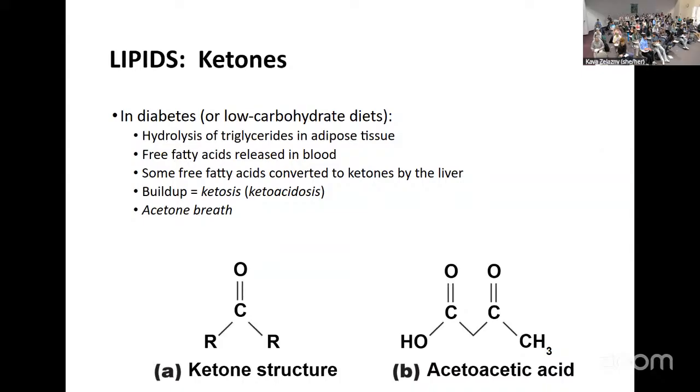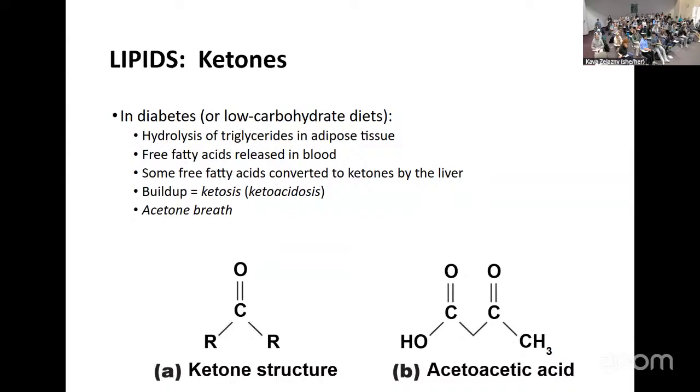Our next lipid, so that we can be completionists and actually name all the different types of lipids, are going to be our ketones. So ketones will come up and be important in diseases like diabetes, or if you're on the keto diet, a particularly low carb diet, you may be producing extra ketones as well. That's because the main way you end up with ketones in your body is through the hydrolysis of triglycerides in adipose tissue, aka the breakdown of fat, right? So if you're breaking down fat in a hydrolysis reaction, adding water,